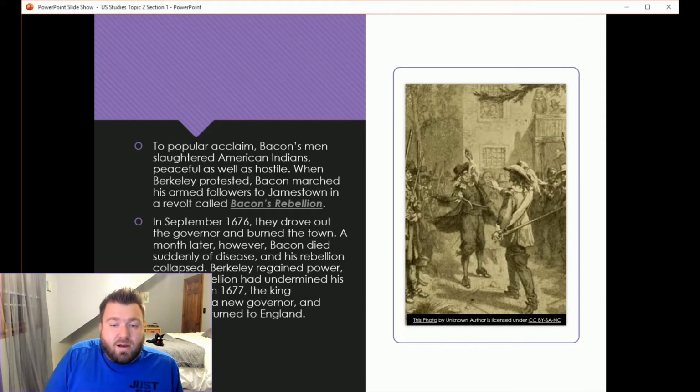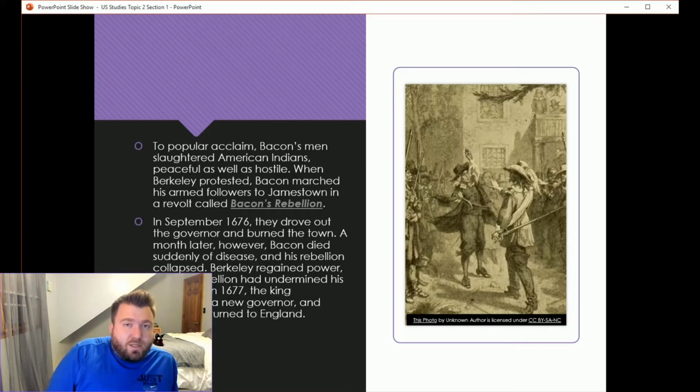A month later, however, Bacon died suddenly of disease, and his rebellion collapsed. Berkeley regained power, but the rebellion had undermined his credibility. In 1677, the king appointed a new governor, and Berkeley returned to England. So,